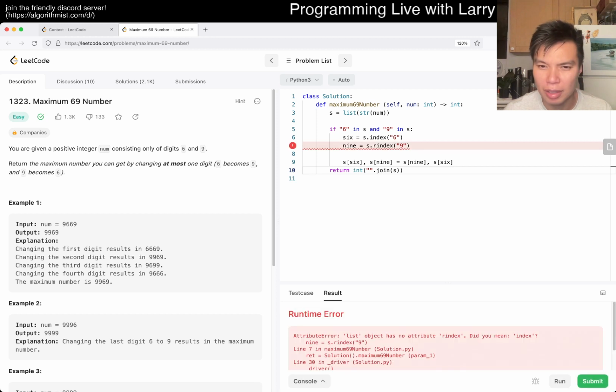But huh. Oh, so rindex is only for strings then, huh? I got lazy on that. But let me see. Python last index. Yeah, I mean, you could do math. I just wasn't. Huh. I guess rindex is a Python thing. Or find. rfind is also on a string. Okay, fine. Then we'll just keep it a string, and then we do something like